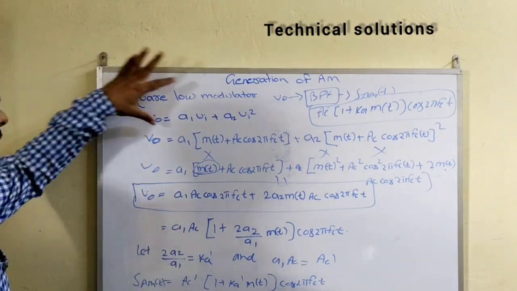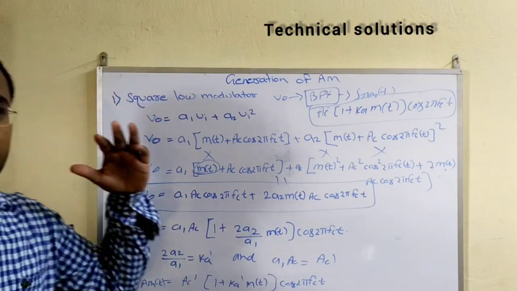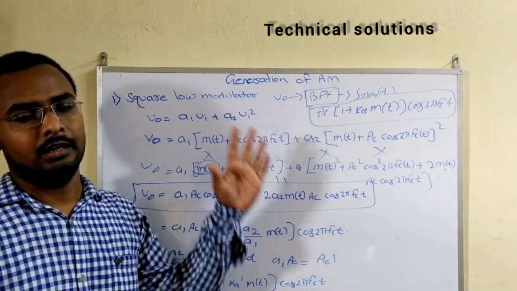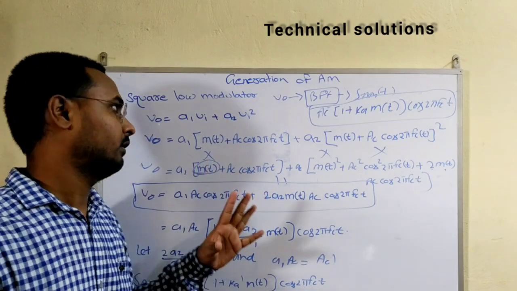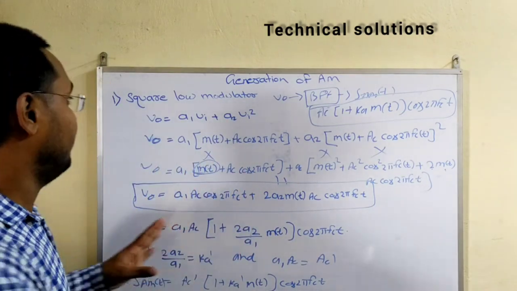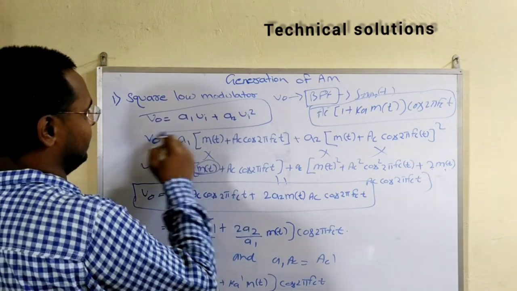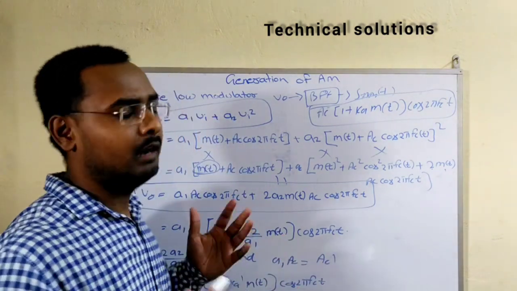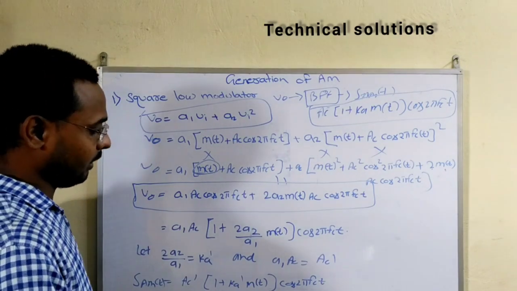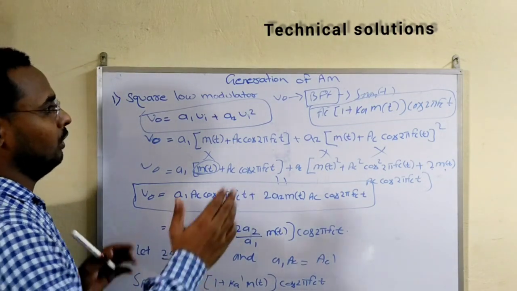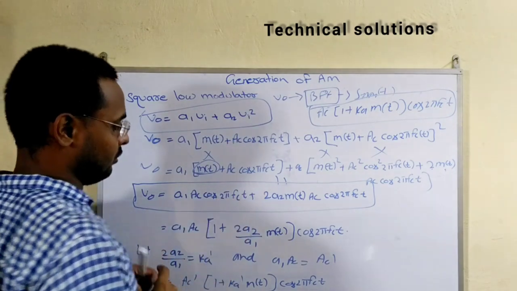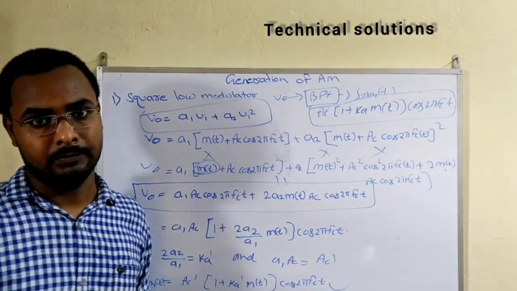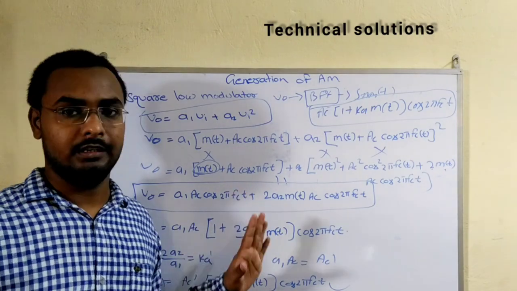So with the help of a square law modulator, we use two devices here. First is the band pass filter and another one is the square law device. The square law device follows this property and the band pass filter rejects the unwanted signal. Fine. So if we merge these two devices together, then we will easily generate our AM signal. Fine, it is clear to you.